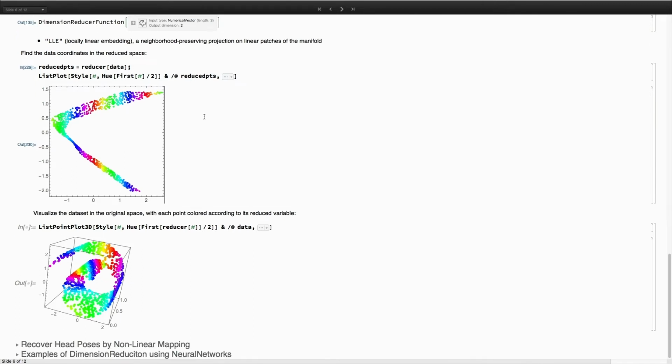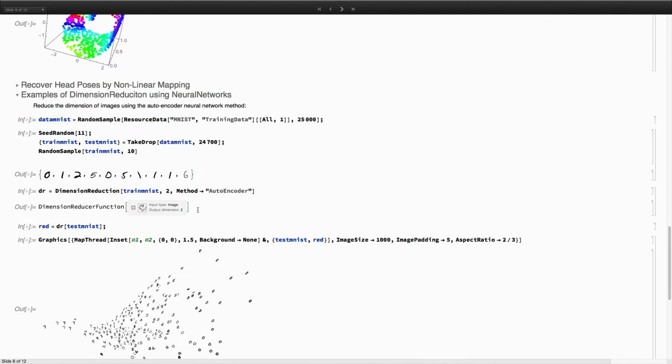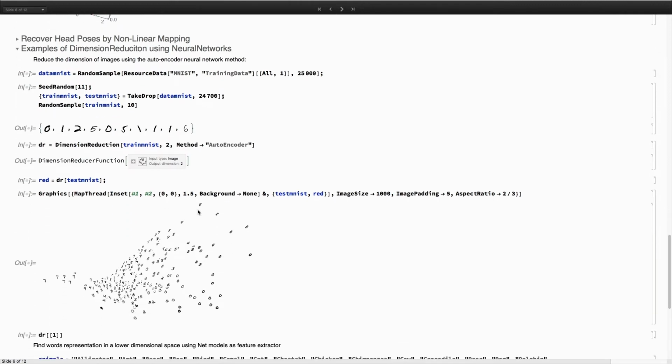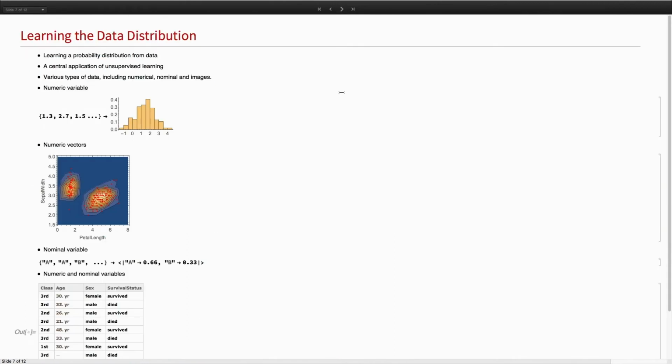You can also use methods like a variational autoencoder for dimensional reduction, which under the hood uses neural networks and so on. It's very good to use on images and so on. I won't go into the detail as there is not much time on that, and I'm going to switch gears to the next section